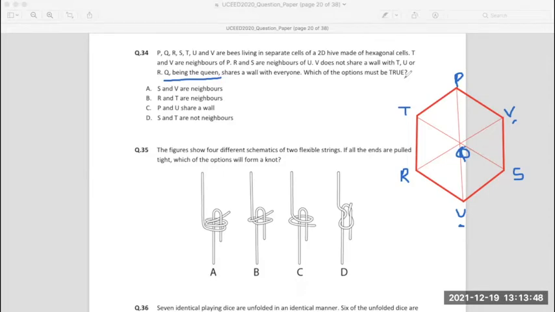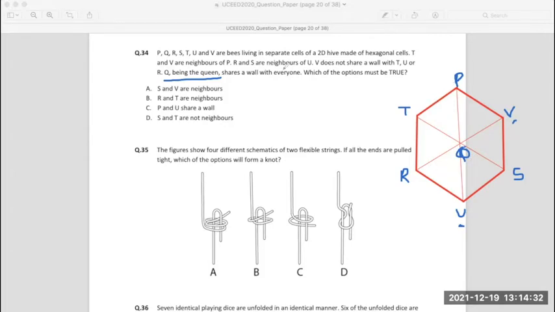So first question, did you understand the arrangement? Yes, ma'am. How did I arrive like here? There I might have been wrong. There's a possibility that I might have to erase it in between, but whatever position you can choose, just keep adding things very easily. When I'm reading things, I'm also simultaneously putting them on this board. So I made a hexagon, I made these internal lines, I kept a center where the queen bee Q sits, and who shares walls, of course, with all the other bees.